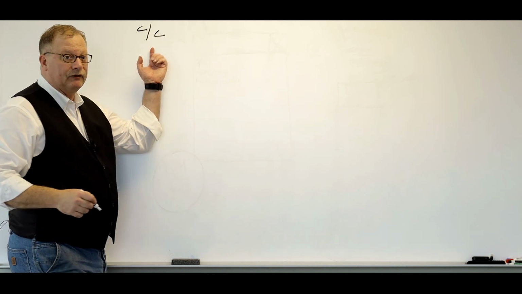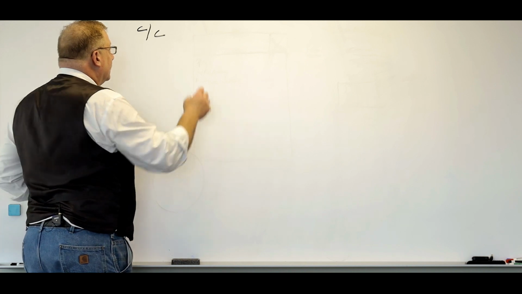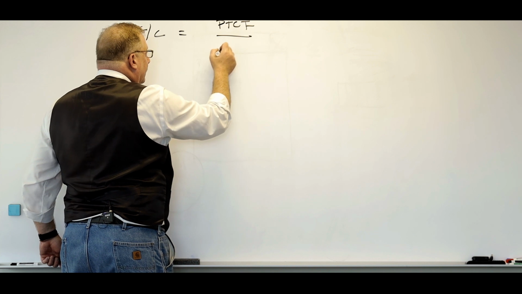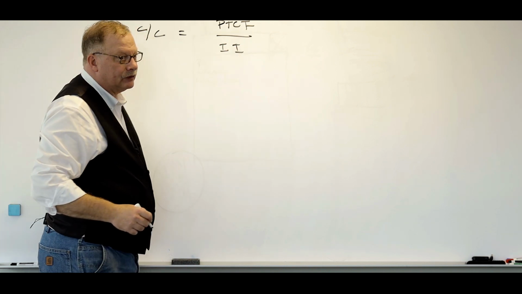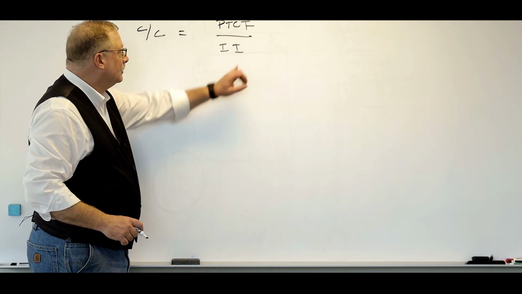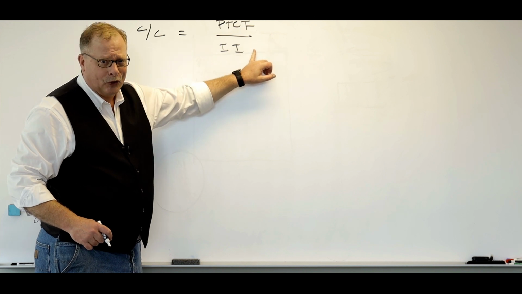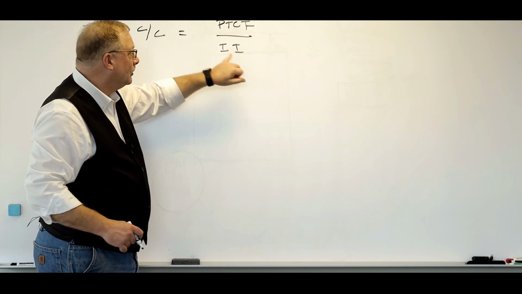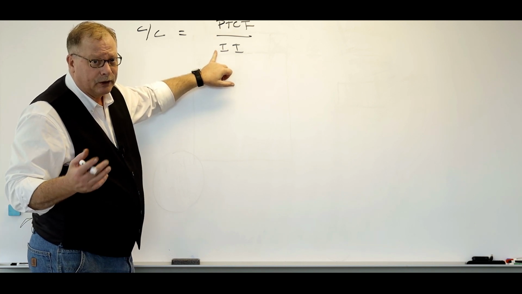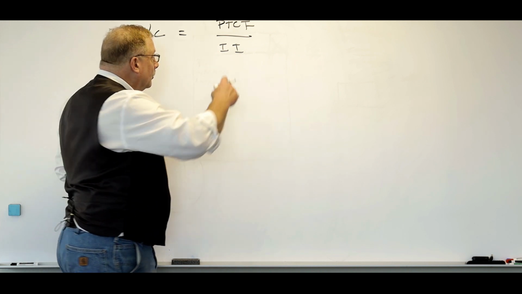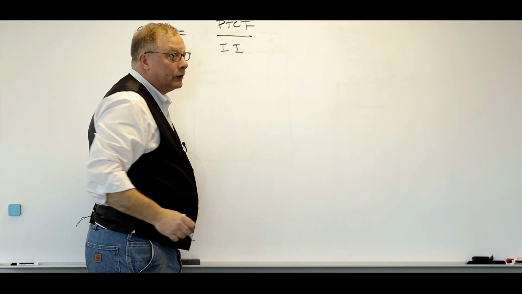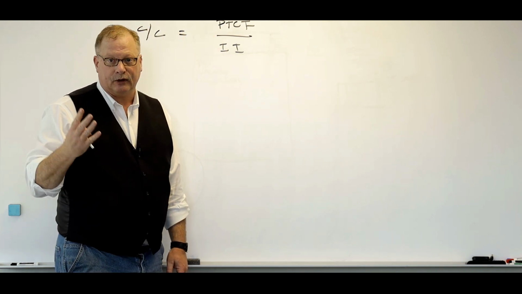which I abbreviate this way, just C/C, is a division problem. It's the pre-tax cash flow divided by the initial investment. Now, if you remember from 4th grade, one of the top's called the numerator, one of the bottom's called the denominator, okay? The numerator is smaller than the denominator, so when you divide through, you're going to get a number that's less than 1 expressed as a percent. When you do this division, at the end, you will do gold key equals 4 to express at 4 significant